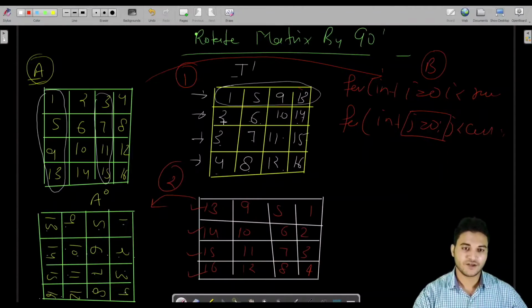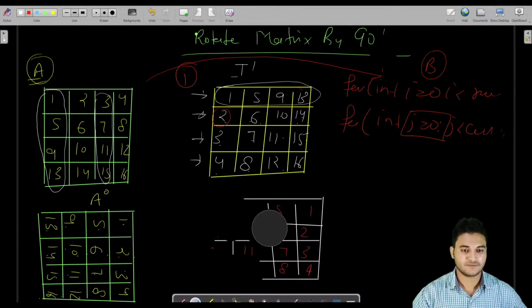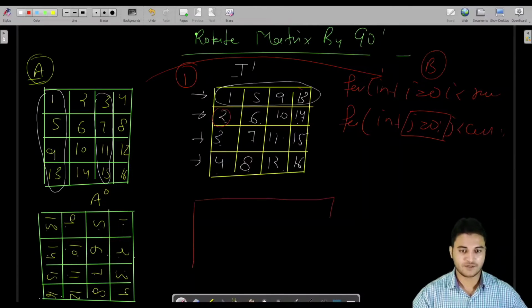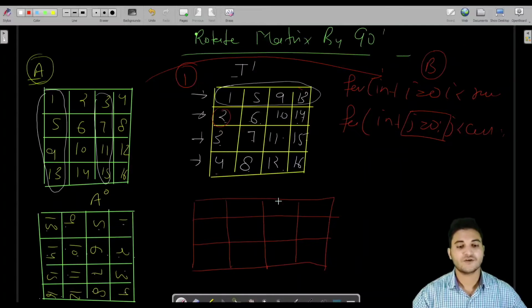If we start j with 0, then let me tell you one scenario. Let us erase this. Let us say I am taking the transpose of this matrix.